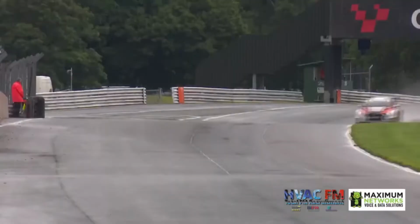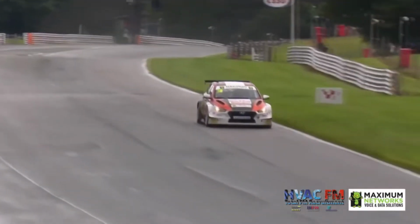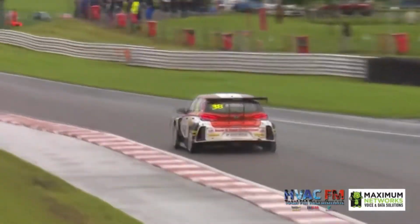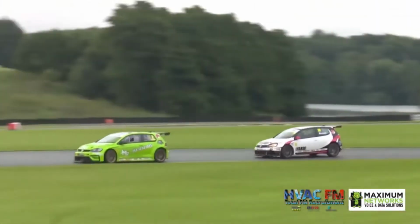These are the quickest laps we've seen so far today. Look at the way that he's running on the wet side of the road, trying to cool those Dunlop wet tyres down. But he can sort of afford to take an easy, can't he? Henry Neal just hasn't had the pace to live with him, whereas in race 1 Henry was definitely the quicker of the two. It seems that in the wet Lewis has the edge. Right,